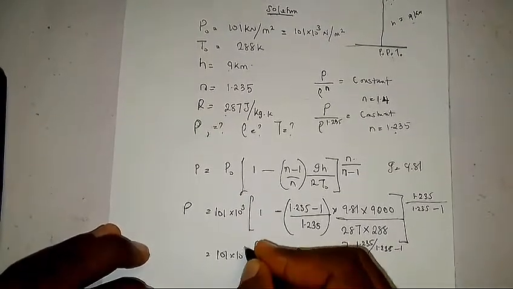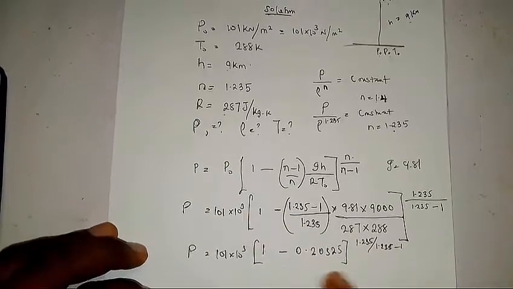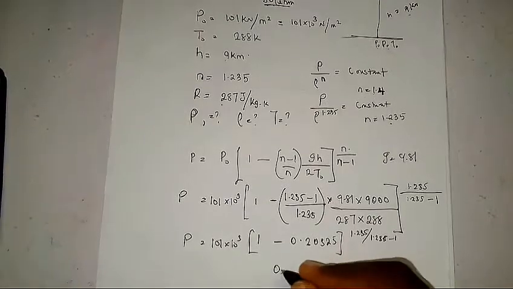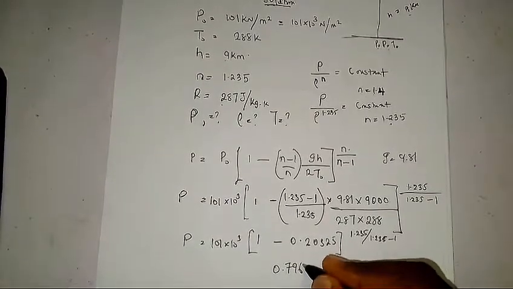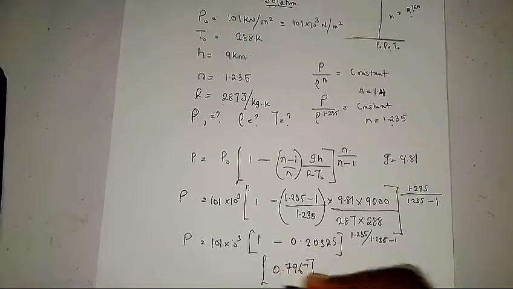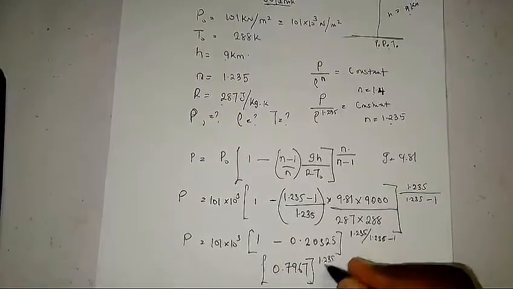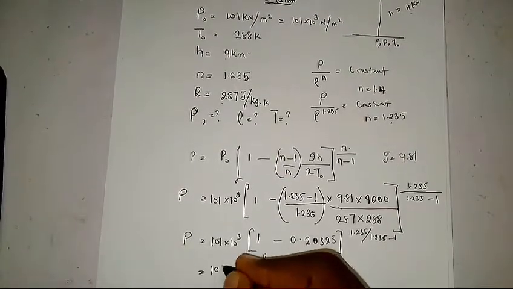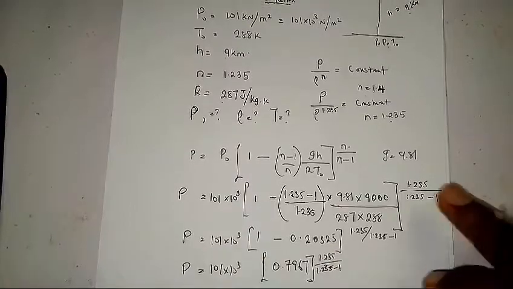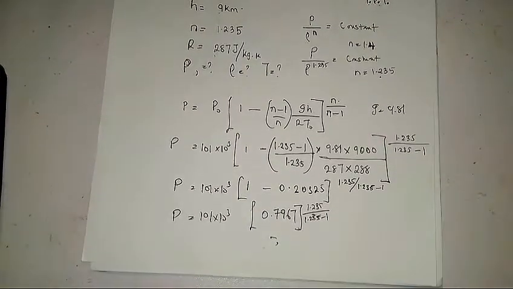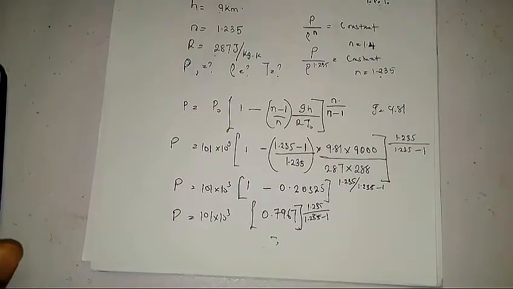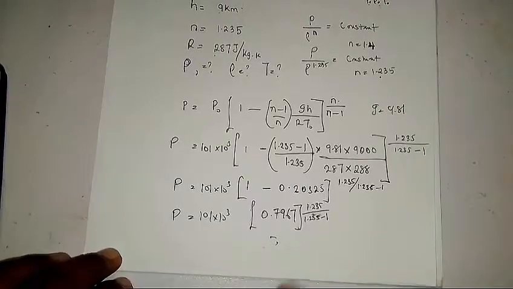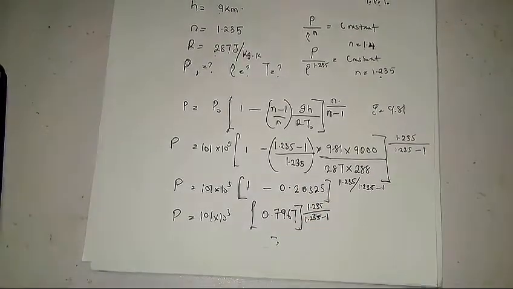101 times 10 raised to power 3 equals P. So 1 minus this, I have 0.7967 raised to power 1.235 divided by 1.235 minus 1, then equals 101 times 10 raised to power 3 equals P, right? So 1.235 divided by 1.235 minus 1, then simplifying this, 0.7967 raised to power this expression here definitely have